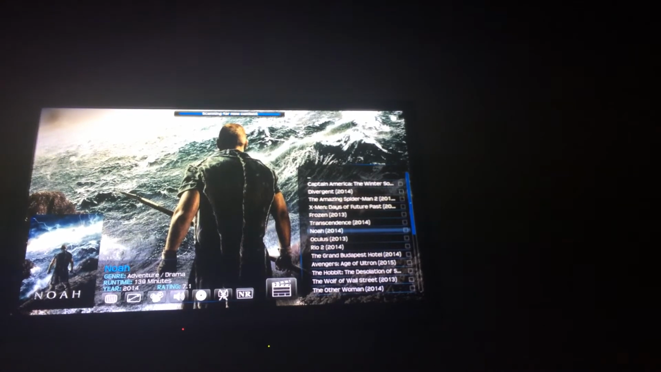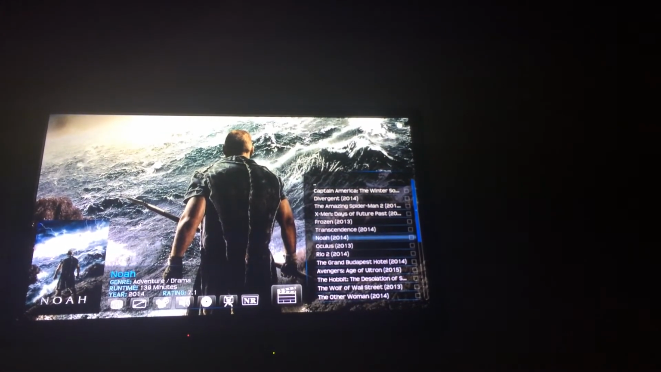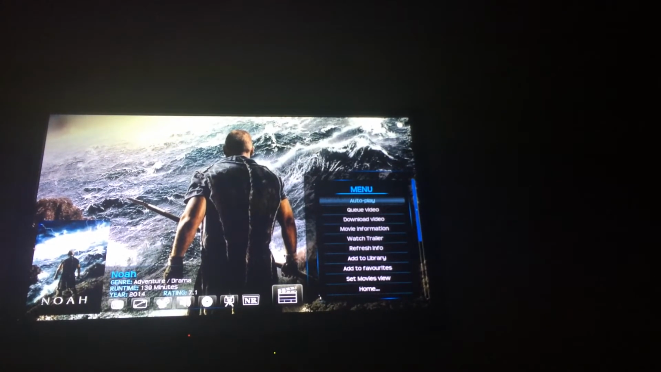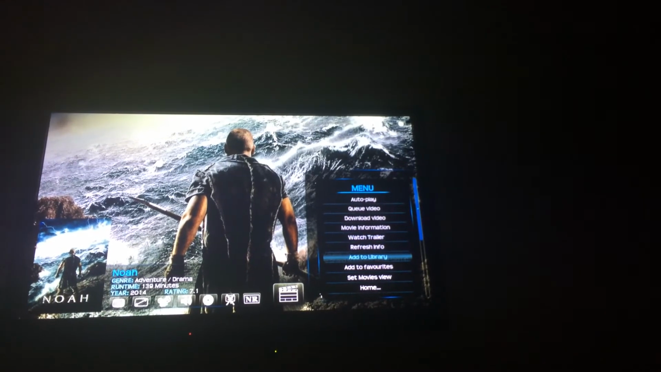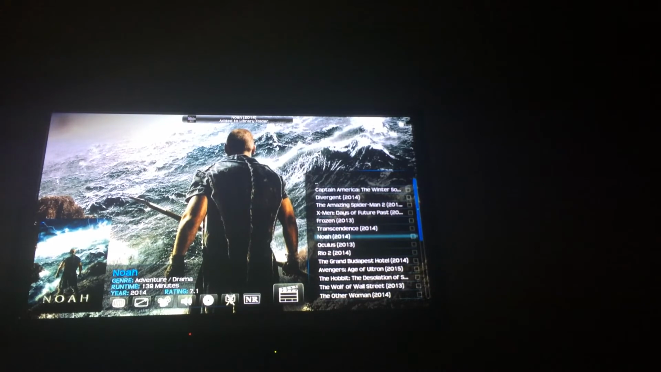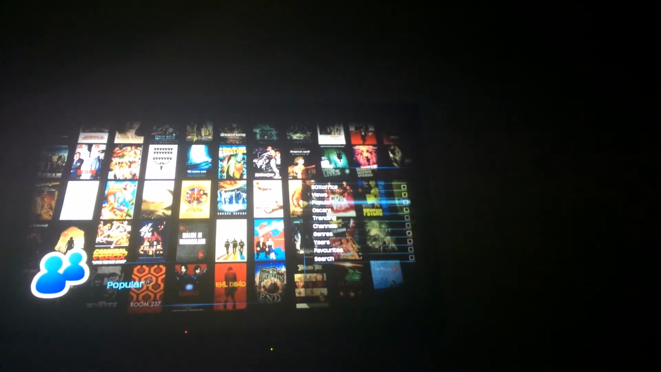So just for fun, I'll click that button, and we're on Noah right now. I'm going to go right there, and it says right down there, add to library. So click that. Noah, 2014, added to your library. So I can go back out of here,